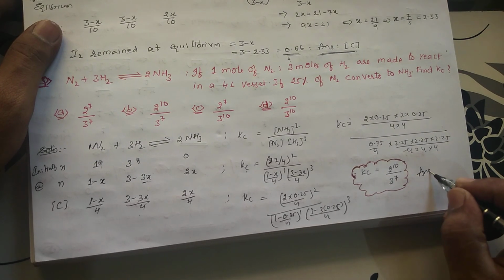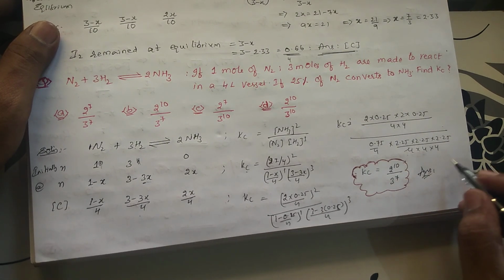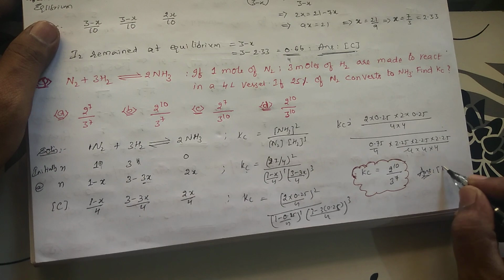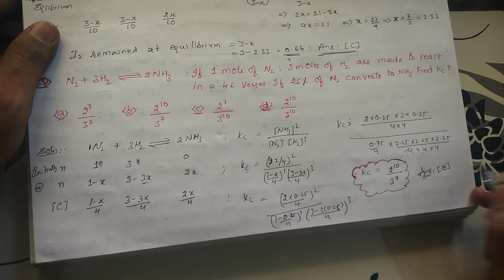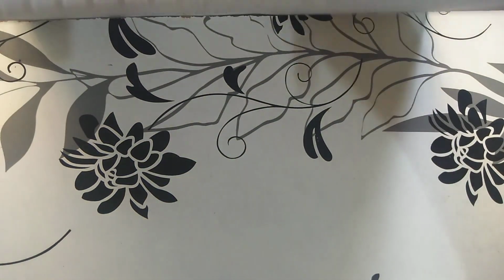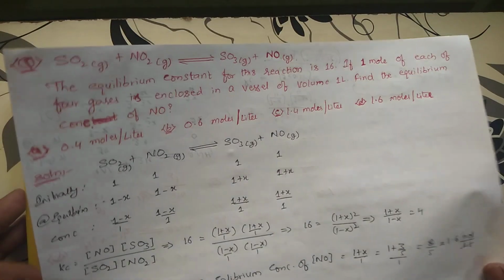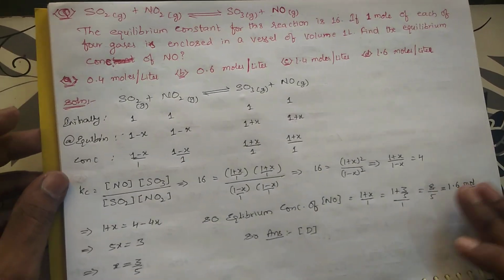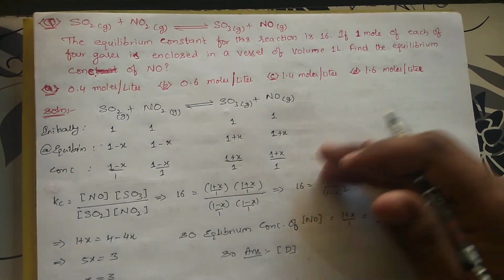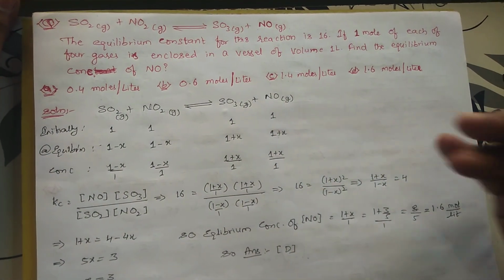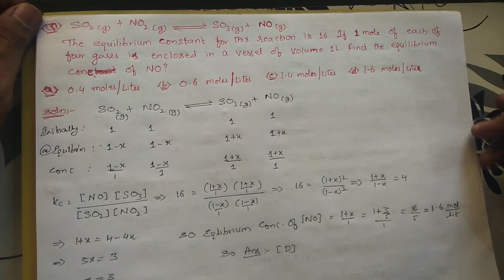So the answer is B. This is the way of doing this one, students, and you are having all the problems itself now, all the models. We will be taking this model today for the last, and tomorrow we will be continuing with the remaining models, as well as some content of degree of dissociation. We will be dealing with that in tomorrow's class.